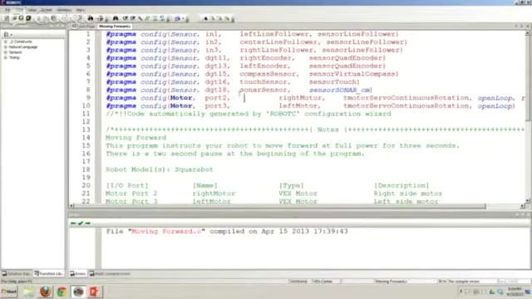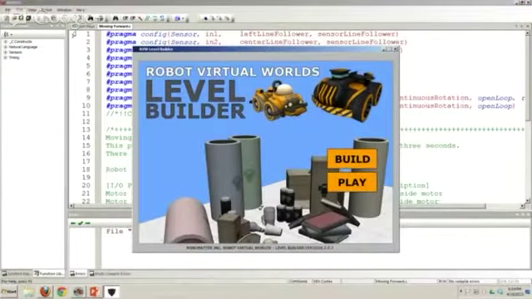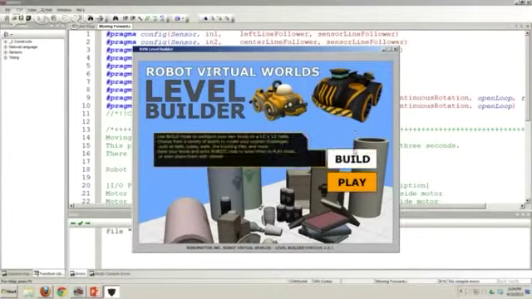Okay, and so if I have Robot C open and if I have Virtual World set as my current platform, what I can do is I can go to Window, and we actually have a special option just for the level builder called Open RVW Level Builder Utility. Okay, and again, what that will do is it will open up the level builder with options to build or play. So the first thing I'll do is I'll go to Build,